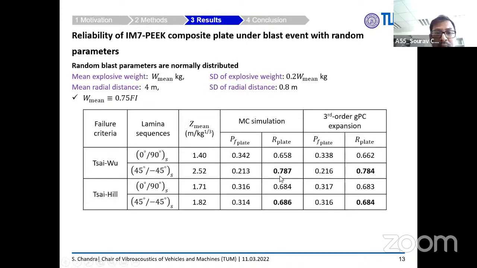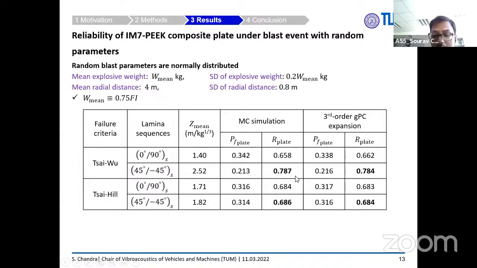And this is the reliability. So we have calculated using the Monte Carlo simulation and the third order GPC expansion. If we see the results, both the Monte Carlo simulation and the GPC expansion are giving very comparable results. However, angle ply laminate shows higher reliability than the symmetric cross ply laminate, because actually